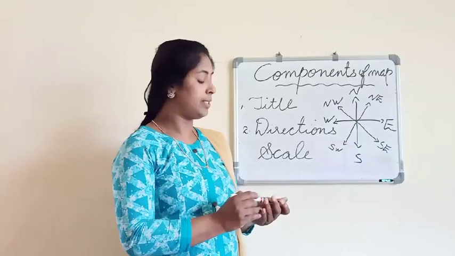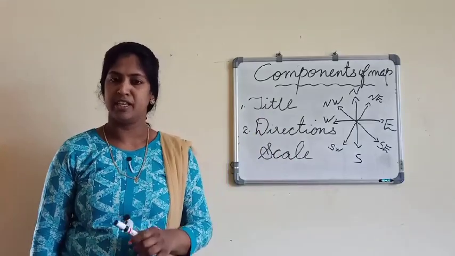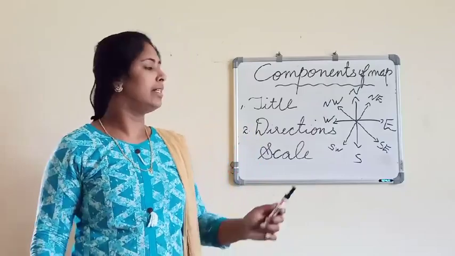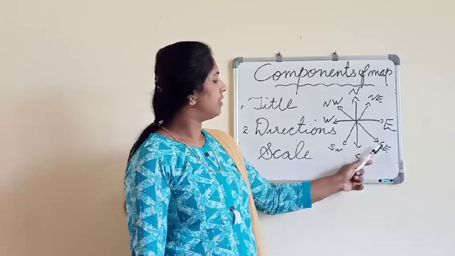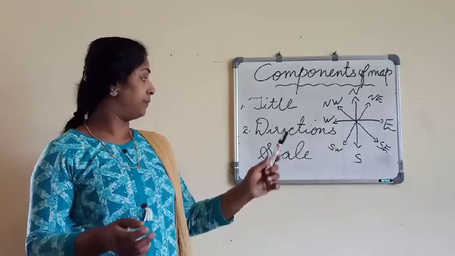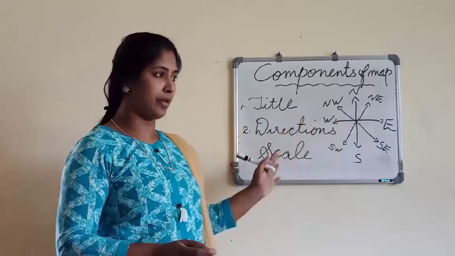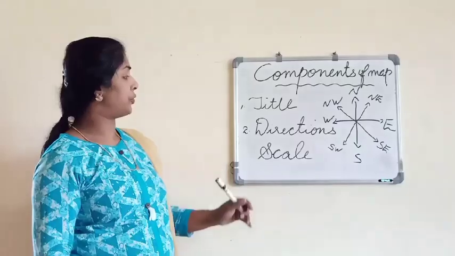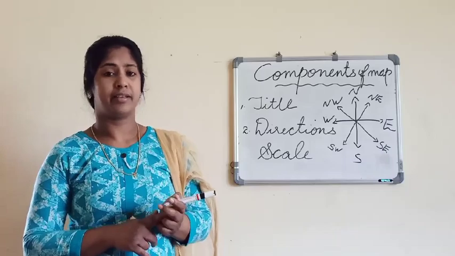These are north, south, east, west. Once you make these cardinal points, you can easily make the intermediate directions, which are northeast, northwest, southeast, southwest. These directions are another important component of every map. You can see in a corner, directions are shown with the help of arrow marks. I think it is clear to you. Under directions, what you have to remember is cardinal directions and intermediate directions.